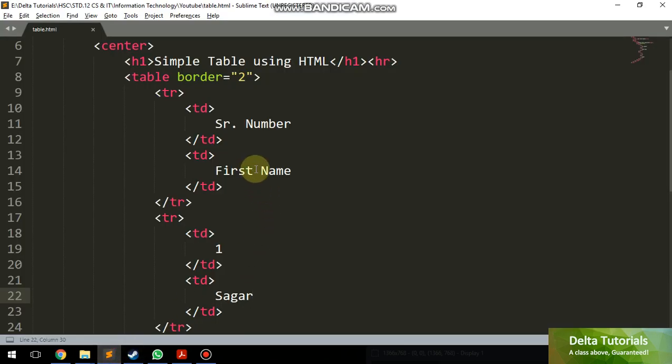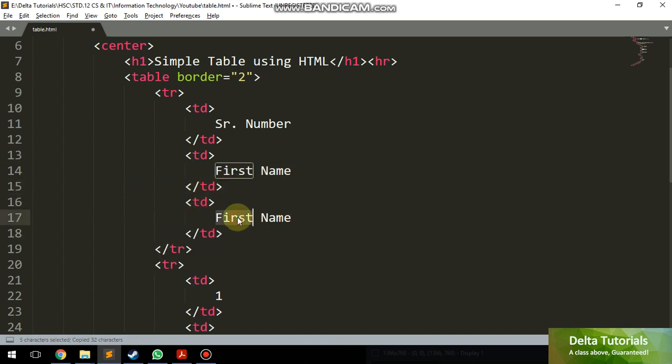Just consider the hierarchy of the tags. Inside the table tag, a tr should be present, and td must be present inside the tr tag. Many times most of the students and some new enthusiastic HTML learners get confused about where to put the tr and td tags. So this is a simple hierarchy: the table tag should be your parent tag in the case of tables, then the tr tag should be present, and then the td tag should be present.